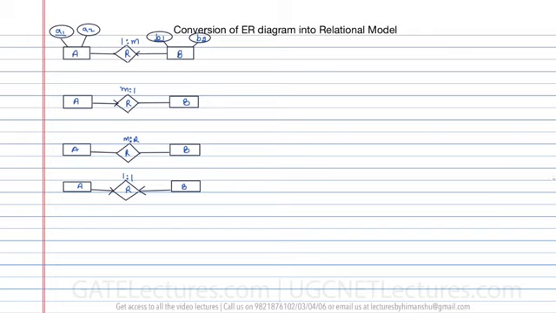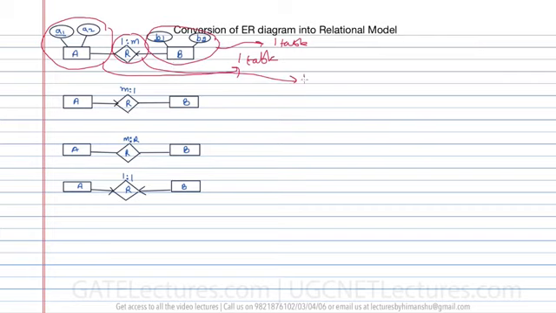Here in this example I've created some relations, and I wanted to ask you, if you are going to convert this complete ER diagram into relations, then how many tables are you going to require? So take the first example. In this example, if you are going to convert this into a table or relation, you are going to require one table for this, or you can say one relation. You are going to require one relation for this, and for this relationship, you are going to require one table.